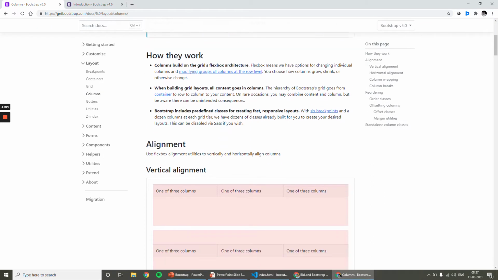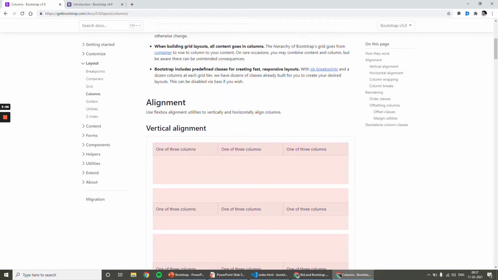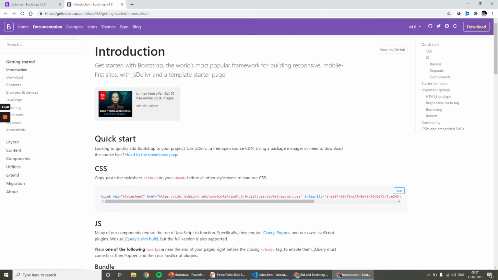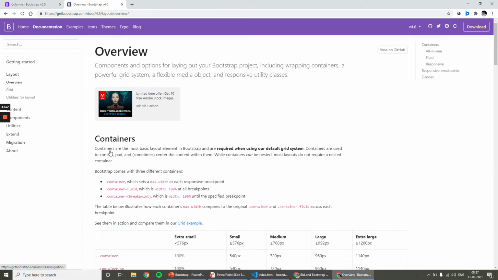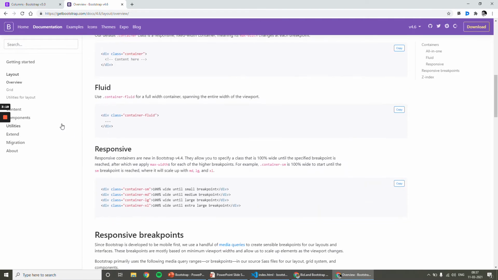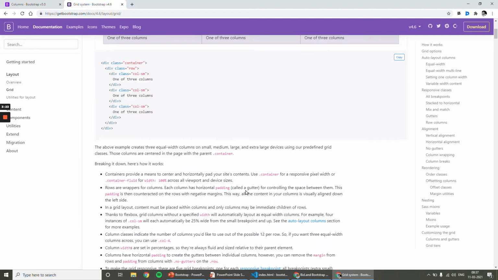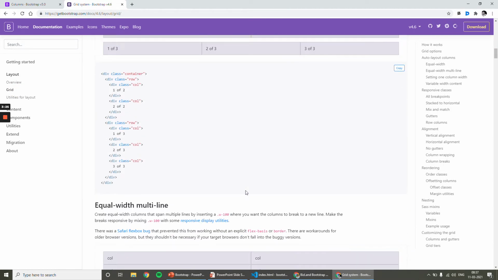Inside that, you will see a lot of options to align your column. And if we go to Bootstrap 4, here you have to step into layout, come down and click on grid,